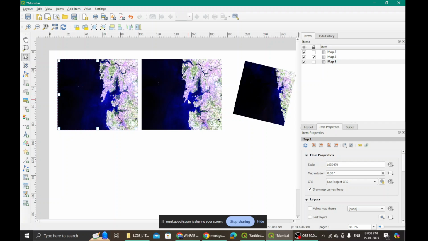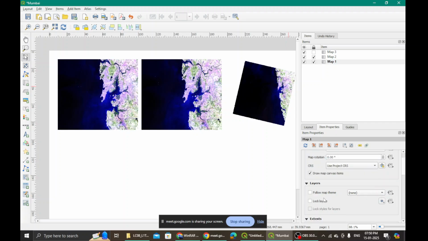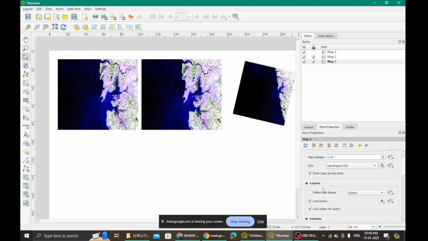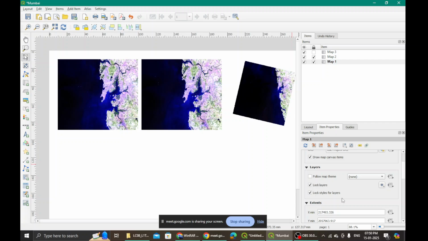That has changed there also and here also. Okay, let me just lock my map 1. I will lock my map 1 there, as well as I will lock it here. Layer, lock layer. Okay, and locking the styles of the layers also. See here, layers. In map 1 properties, I am locking that layer here as well.